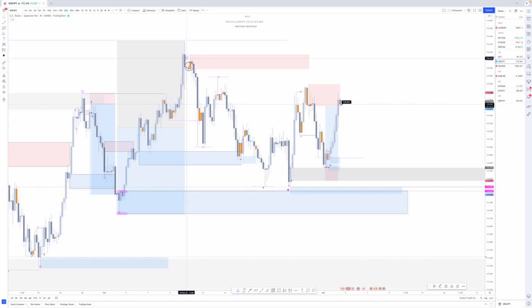So as price came back down to this area, those of you within the Telegram community, you guys knew already why we were looking at this area and when we were looking for price to push down to this region. But as price moved down to this region, an alert went off right here within the Telegram community. Once that alert went off, what we were able to do was break this down to the lower time frames to see exactly how to take advantage of price.